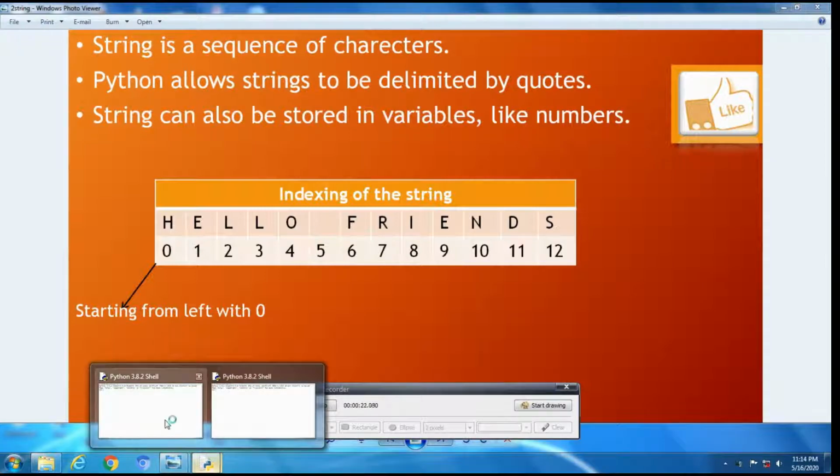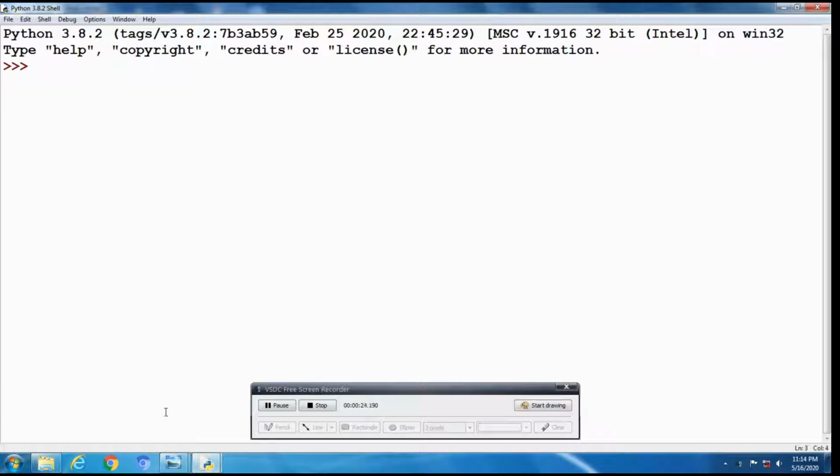See here, str1 is equal to hello. It means we are assigning hello to str1. str2 is friends. I am going to print the two strings together.